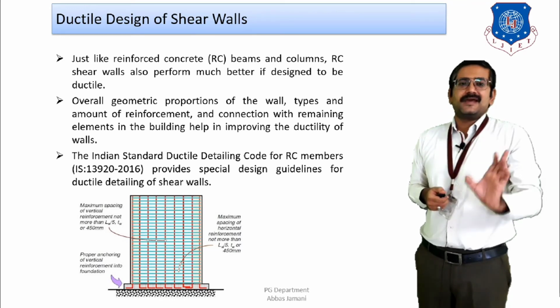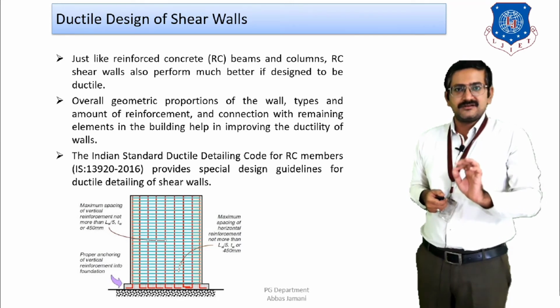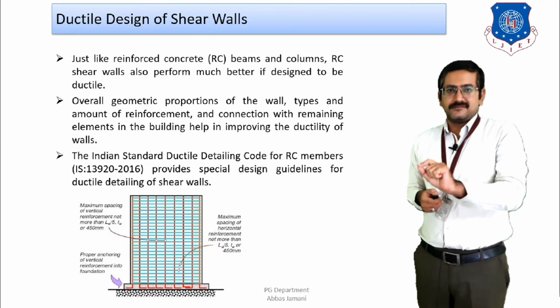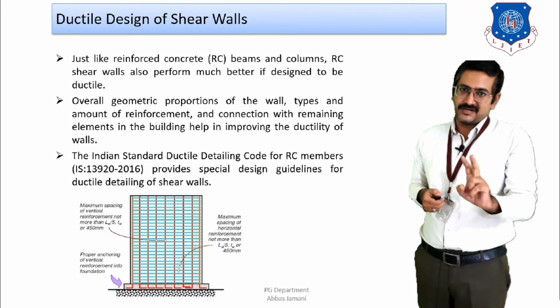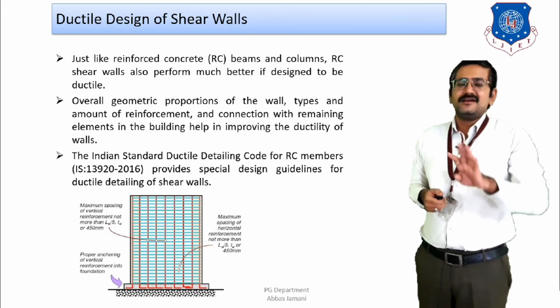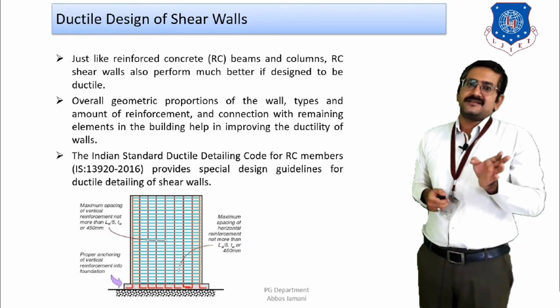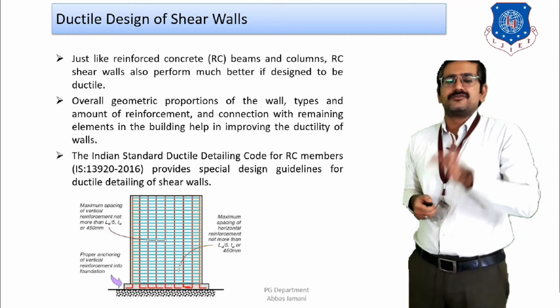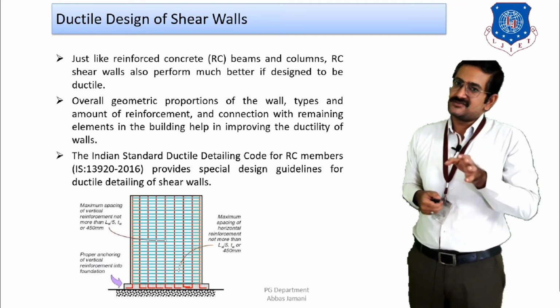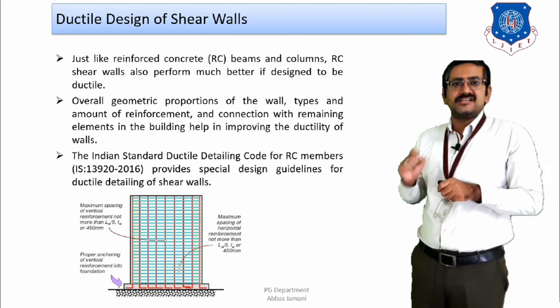That is, if the length of the wall is 5 meters, then 5000 divided by 5 is equal to 1000, or the thickness of the wall, let us say my thickness is 200 mm, and lastly the 450. So we can say that the maximum spacing that is to be there, usually the practice is that a maximum spacing of not more than 200 mm should be provided in case of shear walls.